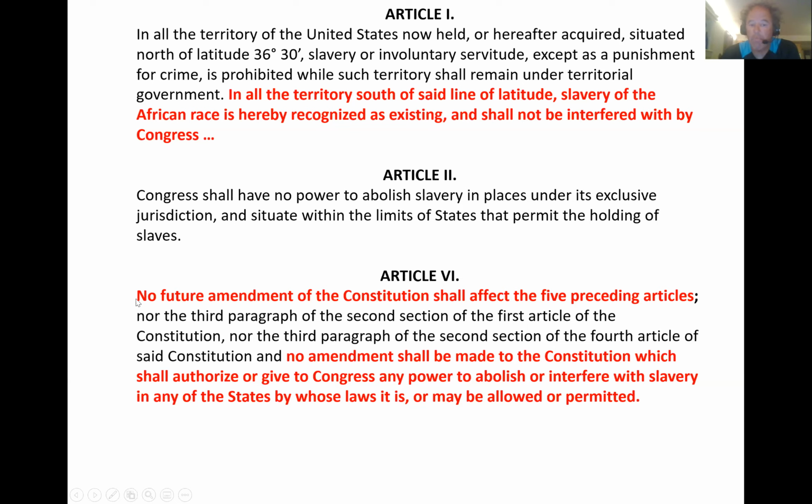And in an unprecedented element for an amendment, there are clauses of the Constitution, for instance the structure of the Senate, that cannot be amended, and the Crittenden Compromise says these amendments cannot be amended either. So if these amendments had been inserted into the Constitution, there would have been no way of getting them out. Crittenden pushes Abraham Lincoln to adopt the amendments. He says this is the only way to prevent the Civil War. Lincoln is skeptical of this.